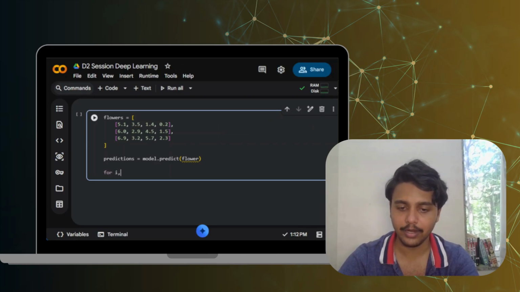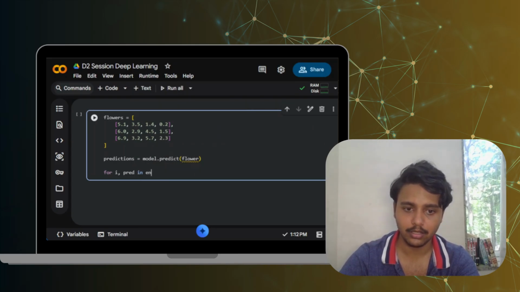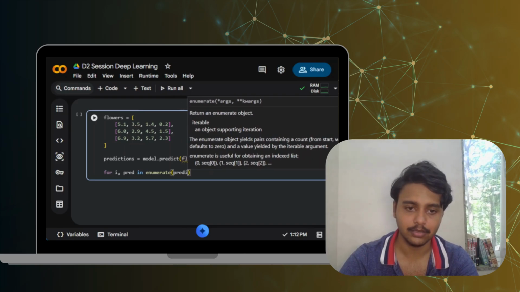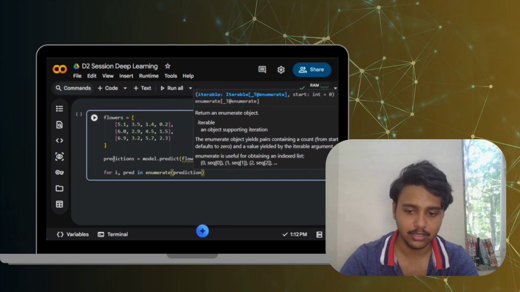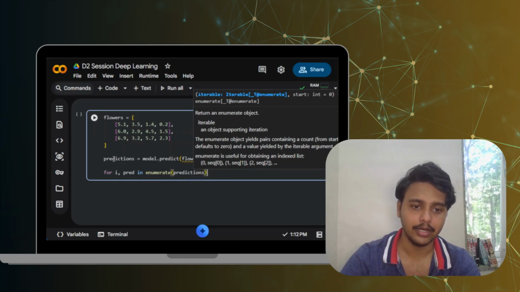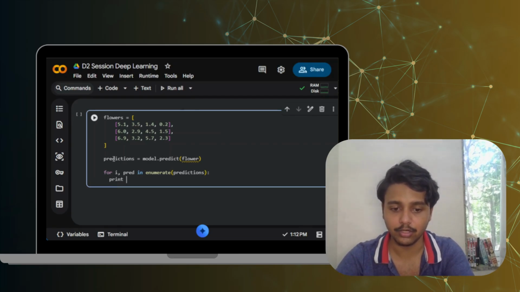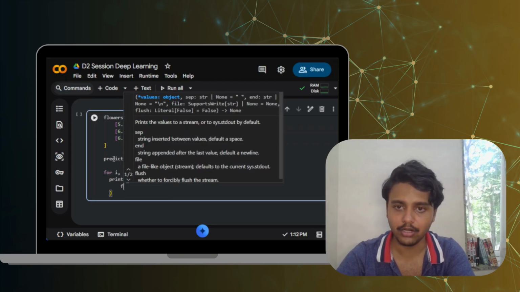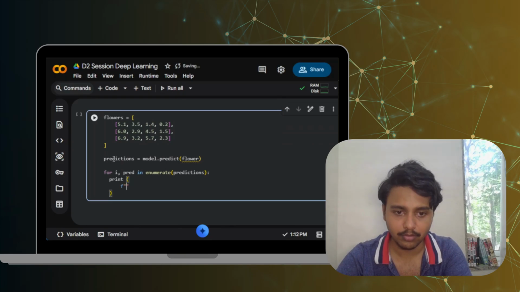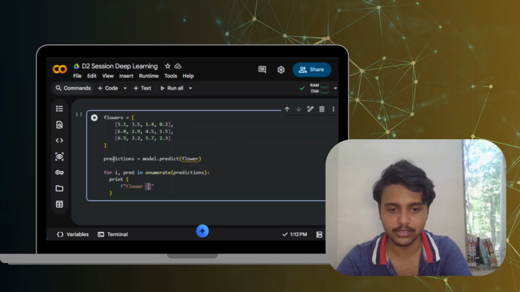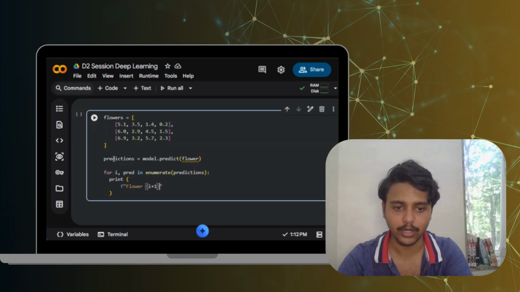So for i, we need to write predict in enumerate predictions. This particular function, which is predictions. Okay, and next we have started the loop and print. So what are we going to print? We are going to print first of all the function which is flower, which is i plus 1, and this is going to give us